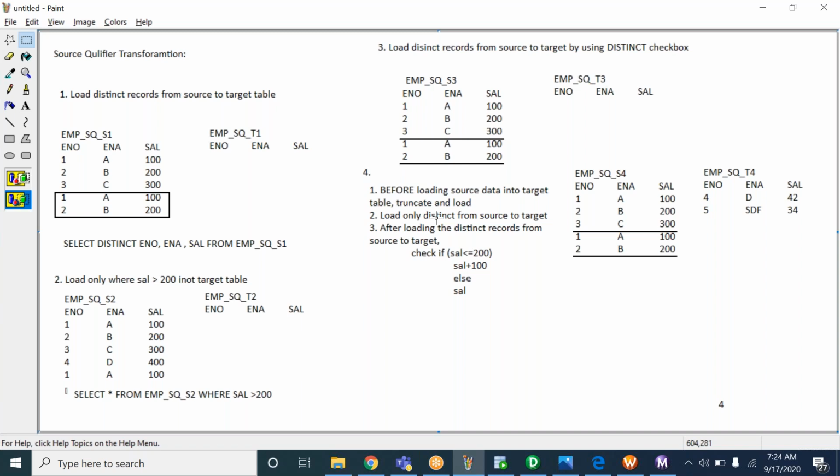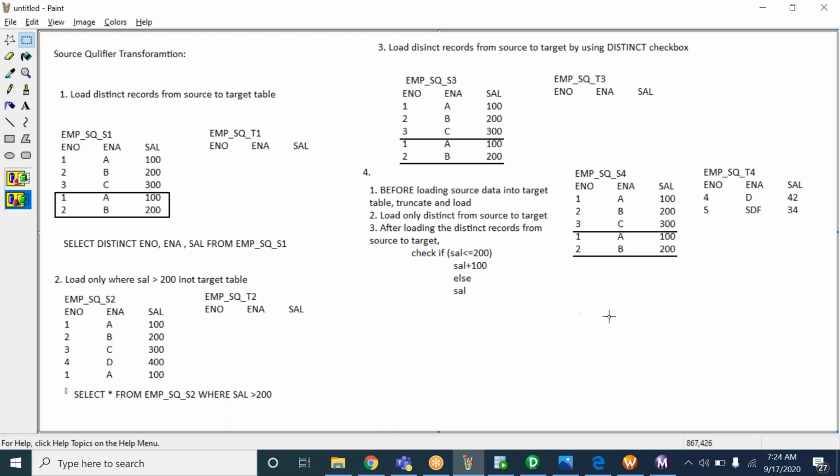There I have explained in detail what is delete, what is truncate, what is drop, and how to write the queries. What will happen if you execute the truncate statement? All of this comes under SQL. So please go through that SQL recorded session. Okay, that is truncate and load. Any questions here about the requirement?